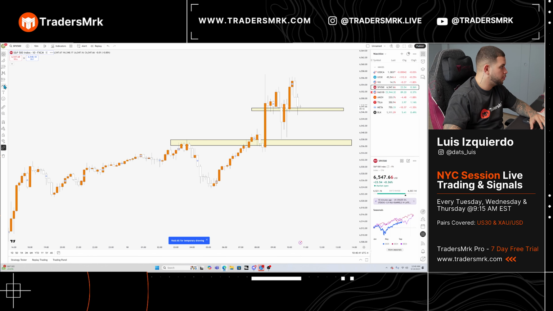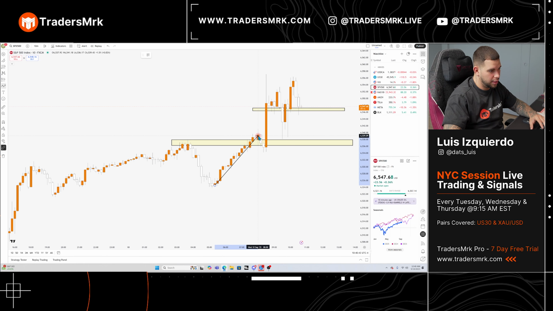So for example, we see a path tool, the higher high right here. Then the market comes down, right? And then the market goes up. But when the market went up, it did not create a higher high. So the market has two options: come down to hit this area and hit basically support, and then come back up and